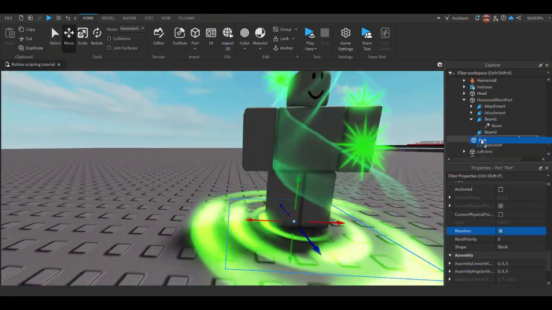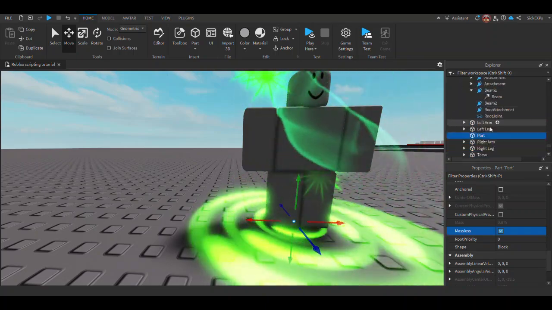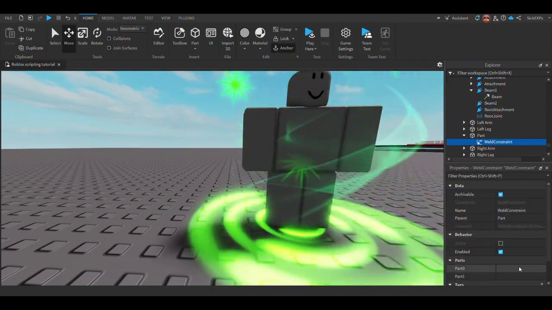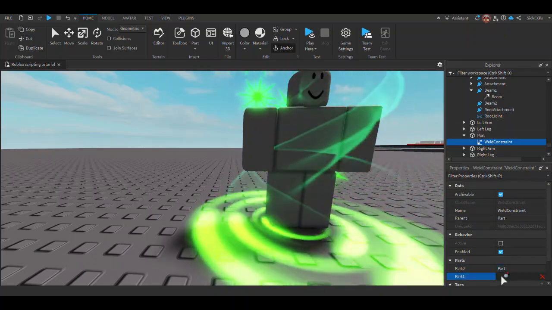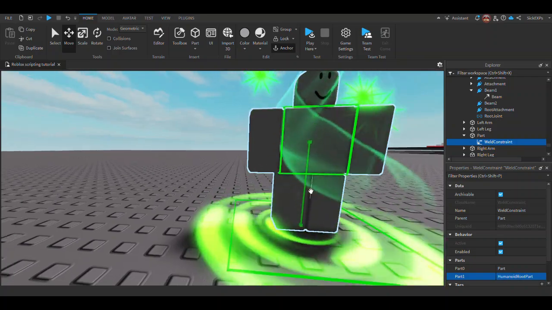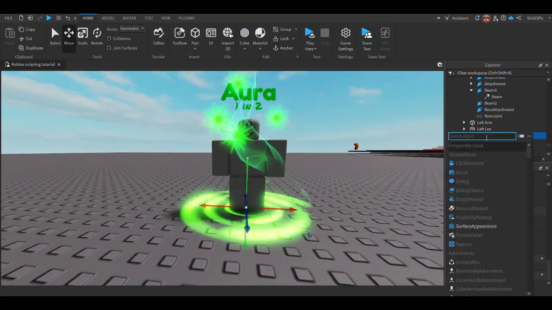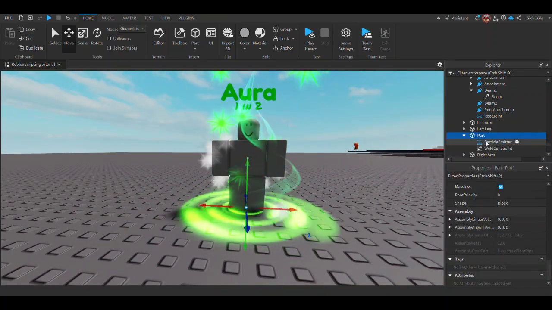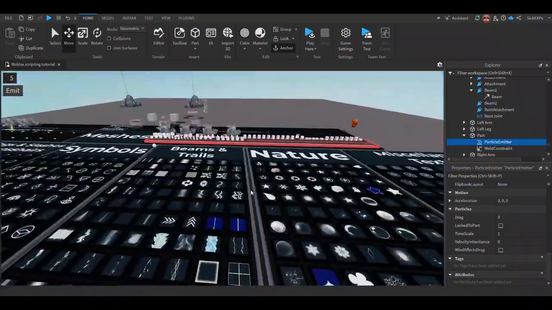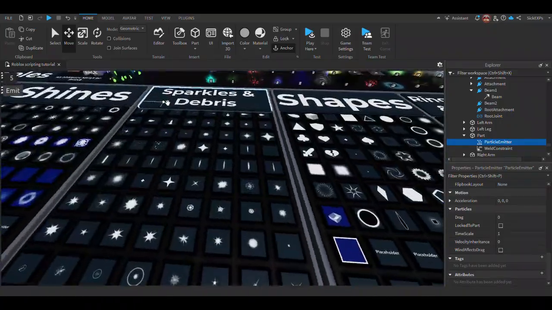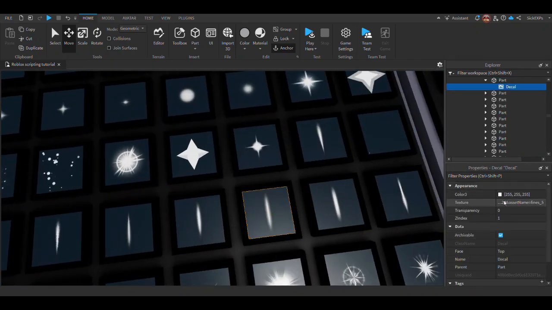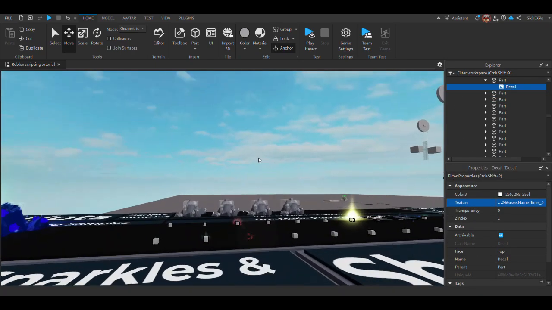Then you will drag this part into the rig, put a weld constraint to it, and you will weld it to the part and the main part like that. And then to this part you will add a particle emitter. So now there will be a particle flying like that. You can go here, choose your sparkle and debris, or whatever you want. Go here, copy that,